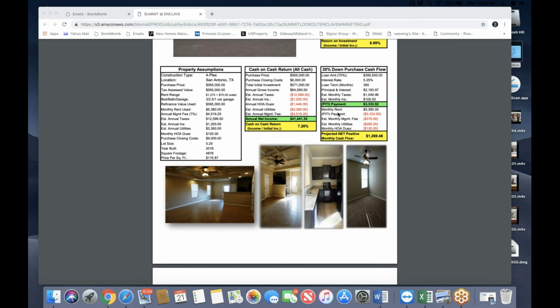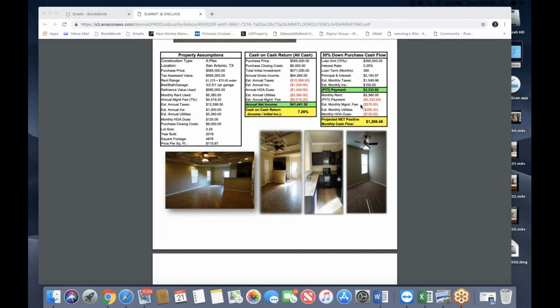If you look at the numbers, again, I don't want to go over too much of it, based on this 30% down financing, with the monthly debt obligations with the mortgages, the property management fee is only 7%, which is very good. And of course, as a landlord, as an owner, you have to pay the monthly utilities, which is approximately